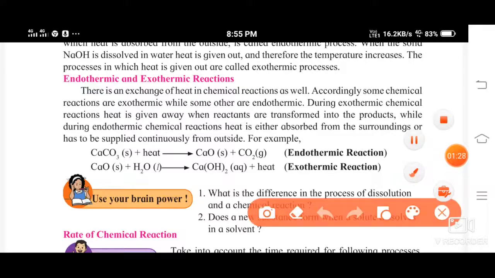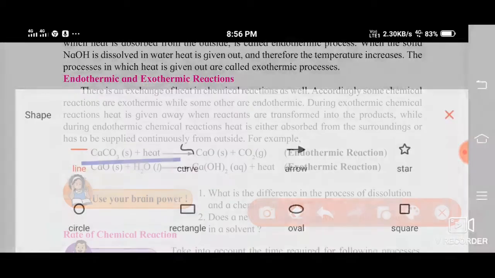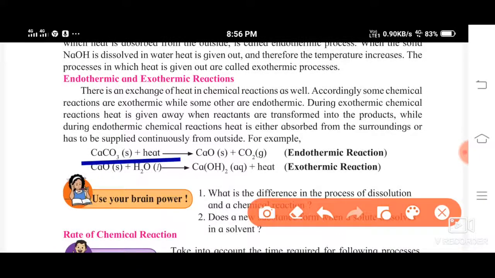Now in this case, calcium carbonate CaCO3 plus heat. So in this reaction, what is happening? This is the reactant, calcium carbonate CaCO3, plus heat. It is using the heat. We have to supply heat to it during the reaction, during the formation of the products, calcium oxide and carbon dioxide. Now, because we are supplying heat for this process during the reaction, that is why we call this type of